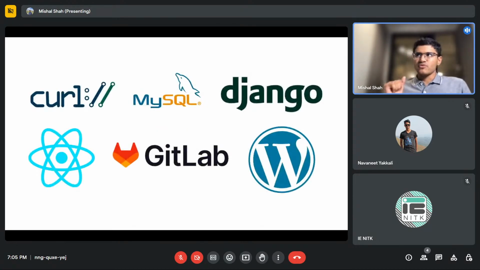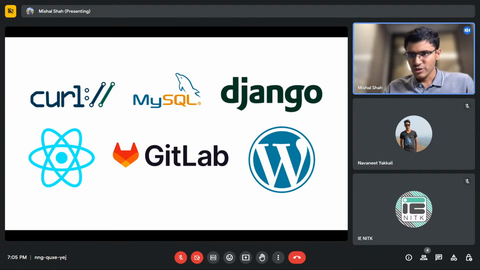So, before we go ahead, I'm pretty sure most of you would have seen some of these logos or know what they are. One of them is a web framework for the backend. One of them is a database. One of them is a content management system, a library, etc. What is one common theme between all of them? Yes, all of them are software. That is one, but all of them are actually open source software.